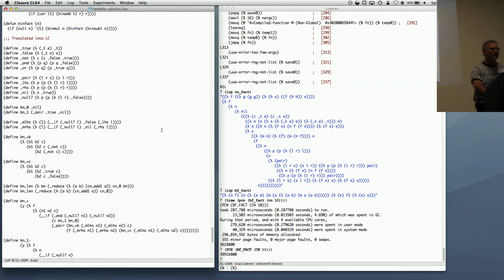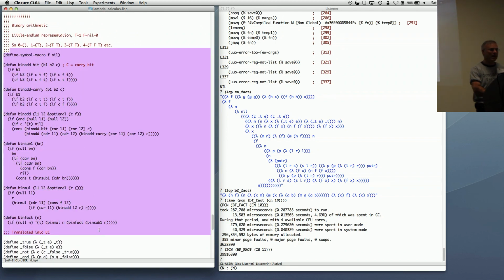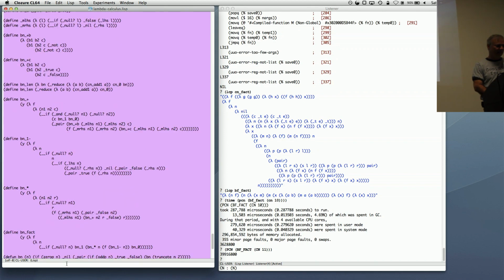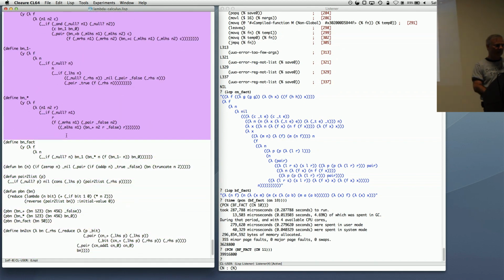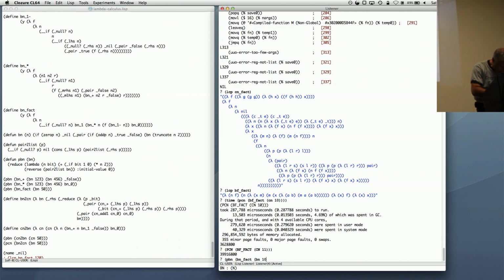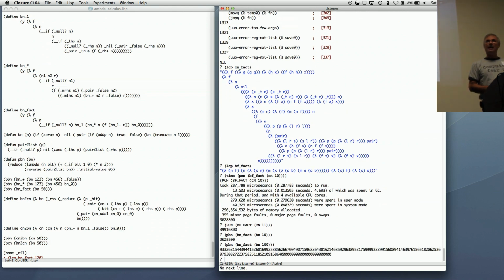That's a fairly straightforward elementary exercise to go through, so I'm not going to go through the details, but I just want to show you this is sort of the preliminary version of that written in Common Lisp, just to give you an idea of how much code it is. When you translate it into the lambda calculus, it ends up looking like this. And so now we have a binary number factorial that we can apply to a binary number of 10. Now that's really fast, and because it's binary, because it's order log n, now we can actually compute the factorial of 100